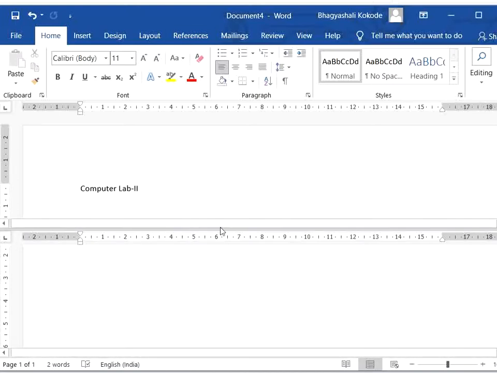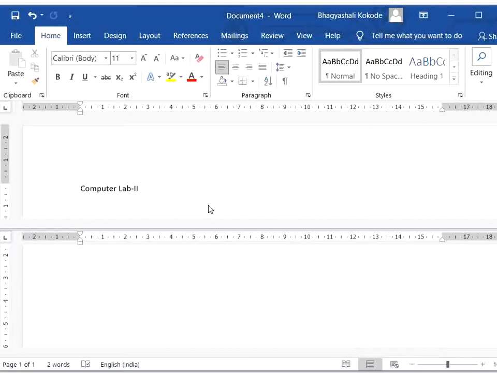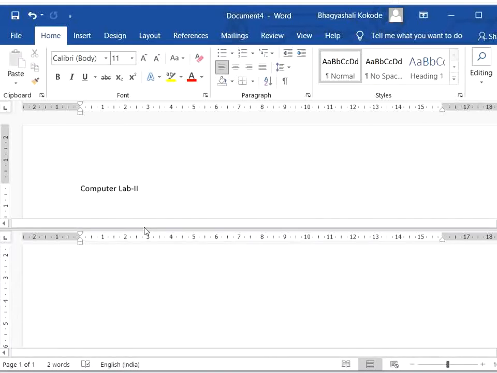Whenever you want to split a window in Microsoft Word, you only have to press Alt Control S. The next key we have to discuss today is Control Alt V.